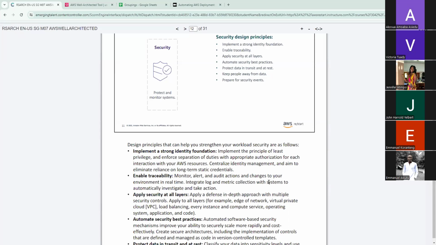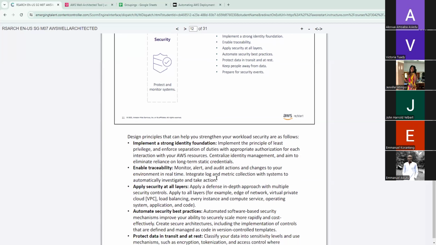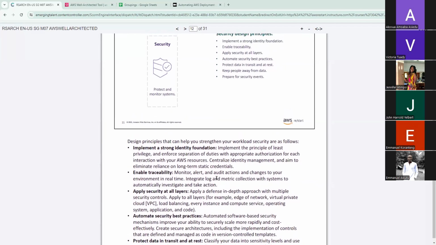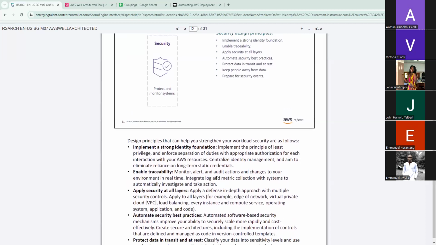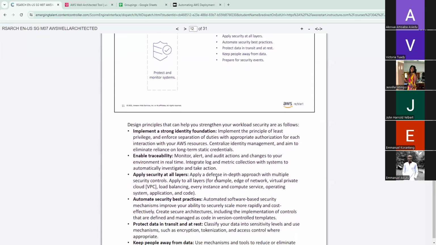And for cost effectiveness, I would say automation helps in reducing operational costs associated with our manual configuration and monitoring of security controls. So like mechanisms like